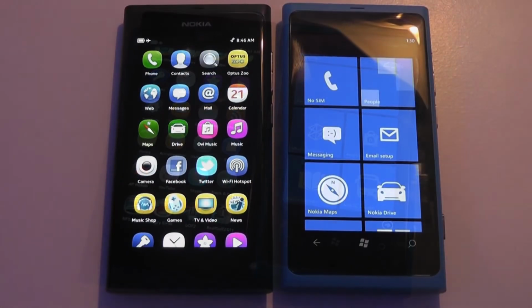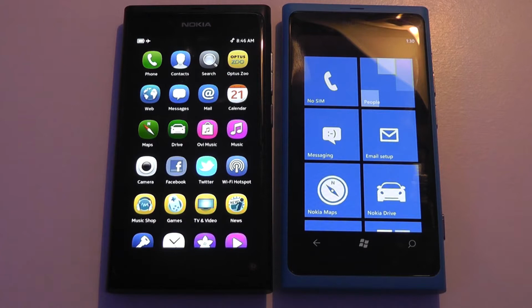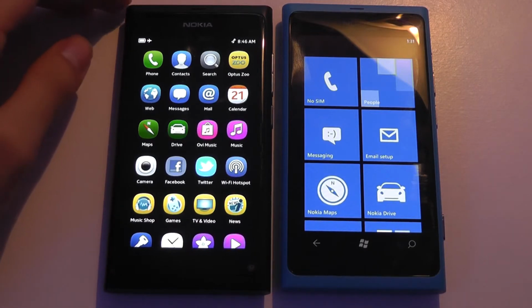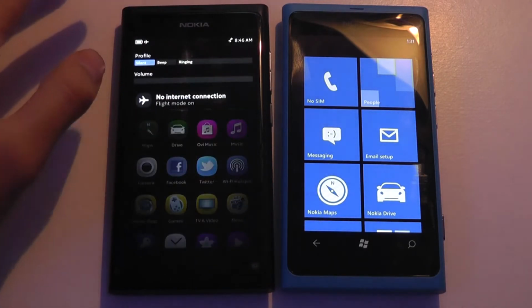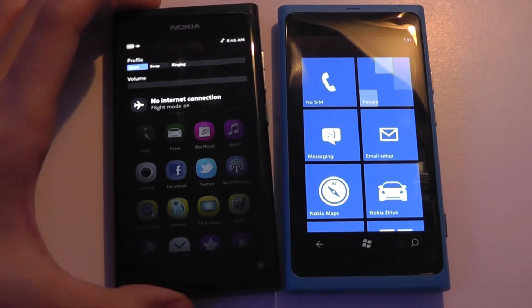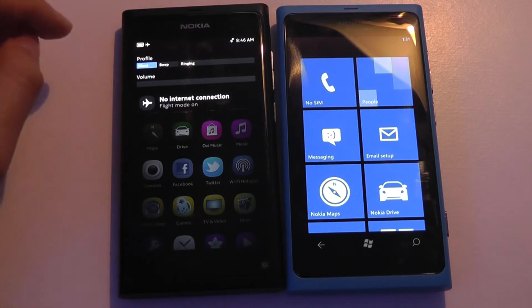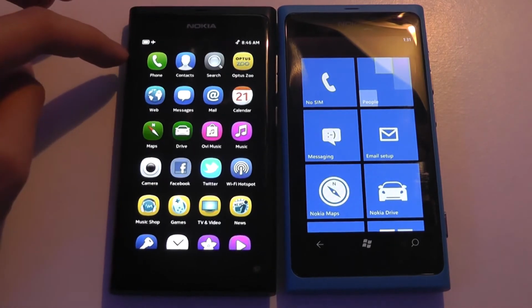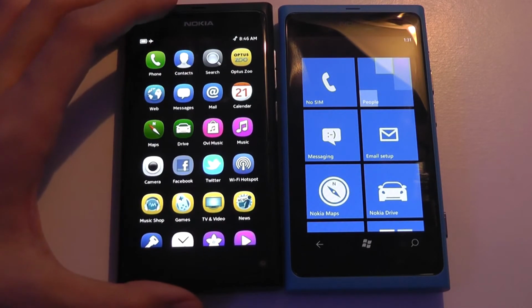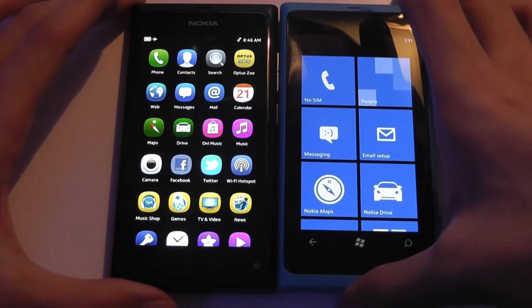perspective. Aside from having very colorful and saturated displays, notifications are handled slightly differently. So on the N9, you could tap on this once. It's the equivalent of a drag-down notification drawer, which gives you updates with information that would be displayed down below, wireless updates in addition to profile settings. Battery status and time and date would always be located on the very top, whereas on Windows Phone version 7.5,